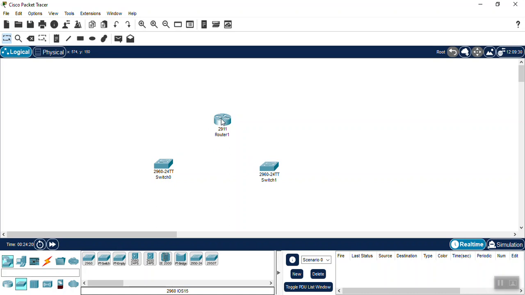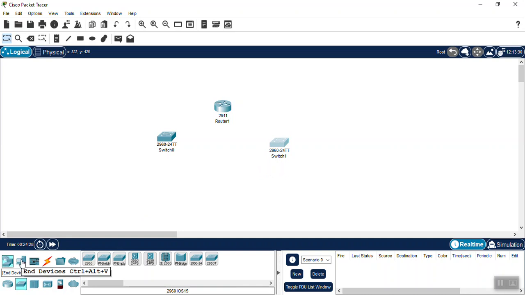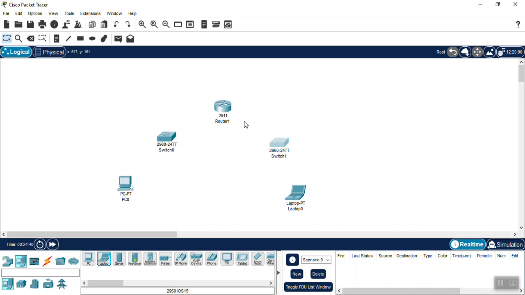The device will be added to the workspace. Our next required devices are the end devices, so we will click on the end devices icon, and we can get either a PC or a laptop, whatever you want. I'm taking one PC and one laptop for this lab. Now we have selected the devices for our network design.